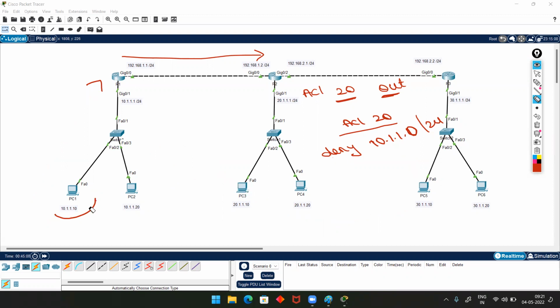I can configure the one ACL here like this. Then what has happened here? Automatically, one more statement is configured here. That is called an implicit deny statement. That statement will tell this router to